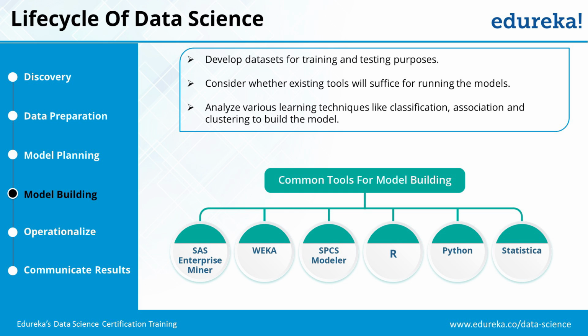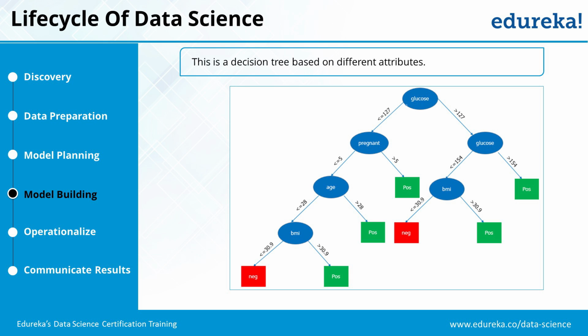We also apply a lot of techniques like classification, clustering, regression, and again R, SAS, Python, SPSS. These are all the tools that are used for model building. These are not any different tools. In fact, R, Python, and SAS can be used for your exploratory data analysis, your model creation, and model validation. You can do everything using one tool as well. Generally, most of the tools are like that, barring data visualization tools like Tableau. So this is an example of a decision tree.